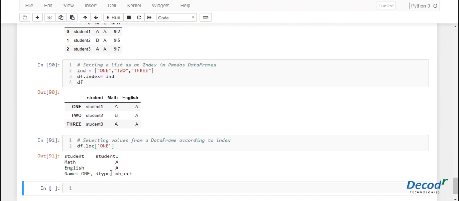Now we have gone through all the different functions and capabilities of data frame. This is a very essential part of the Pandas library, and it is absolutely necessary to understand all these things thoroughly. Hopefully this introduction to Pandas has helped you understand the power of the library. Pandas is an essential library for any data scientist or machine learning enthusiast. For further reading, you can go through the reference notebook attached to this video.